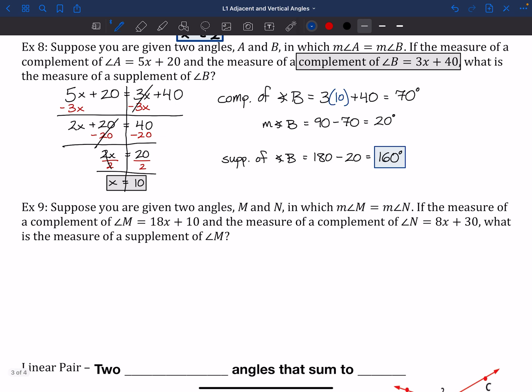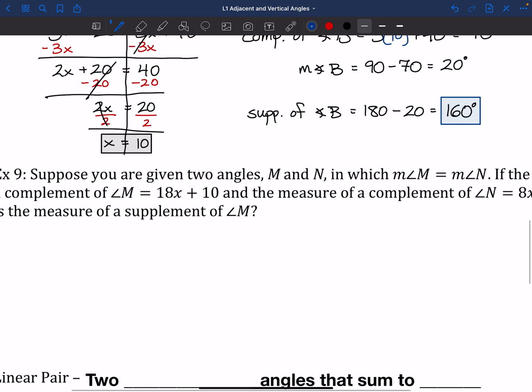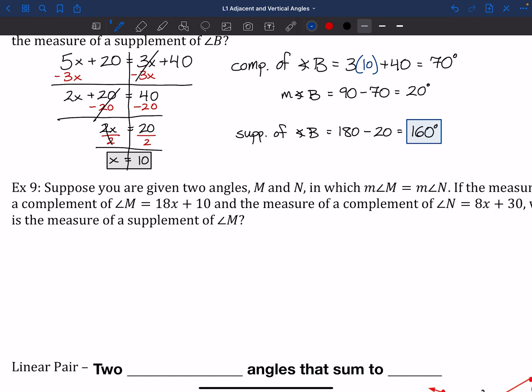We have two angles, M and N, where their measures are equal, right? So they're the same angle. The measure of a complement of M is 18x plus 10. The measure of a complement of N is 8x plus 30. What's the measure of a supplement of M? So again, it's actually the same thing, right? We have these two complements for these two equally measured angles. So we can say that 18x plus 10 is equal to 8x plus 30,